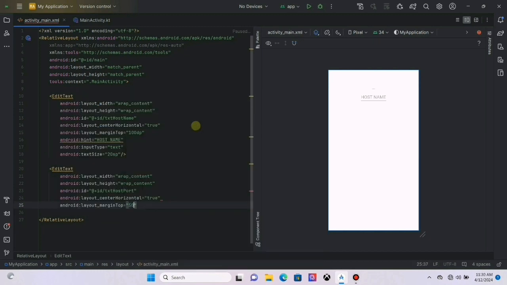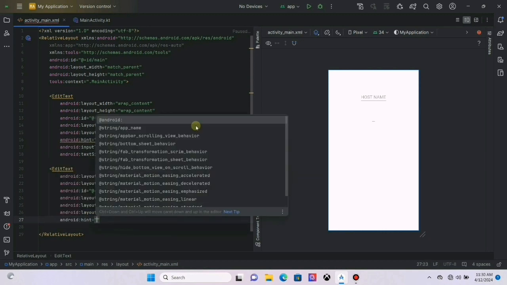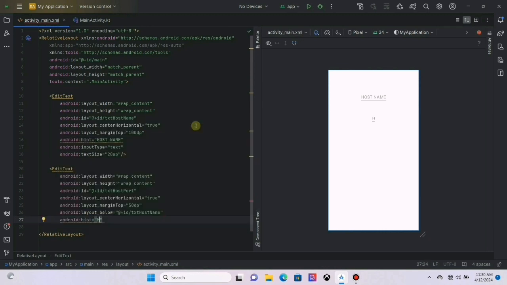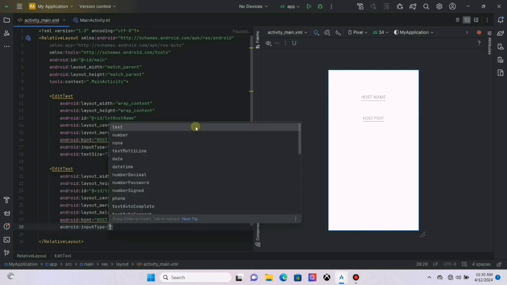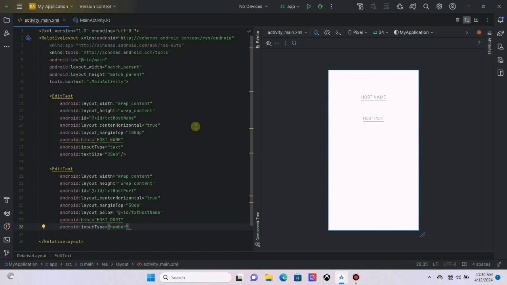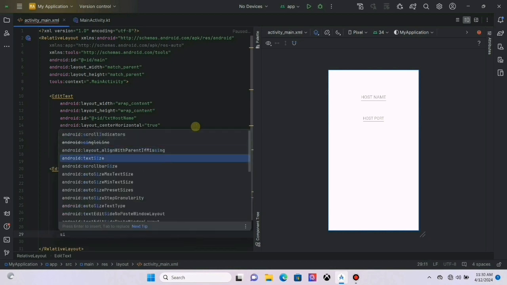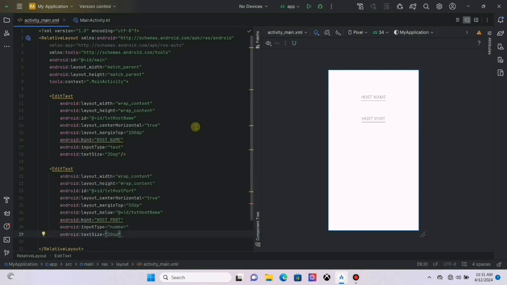Next let's take this element down. Let's put this element under the previous element. Let's put a hint message on it. Port is a numeric value. Let's increase text size. The element is successfully created.